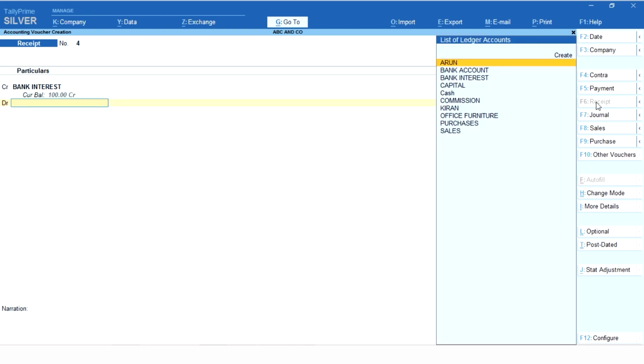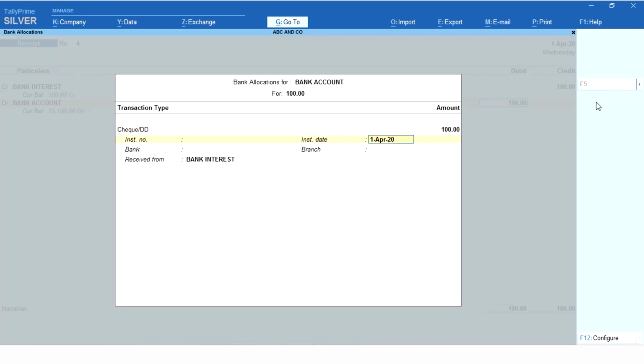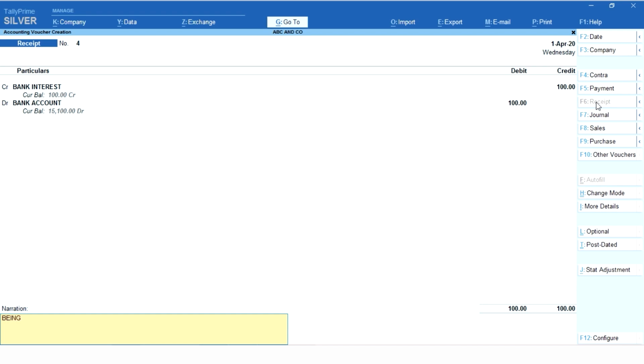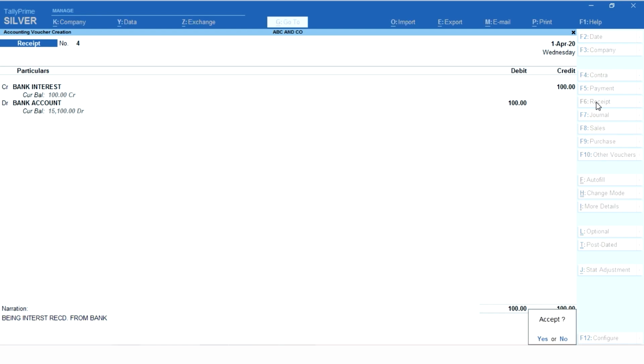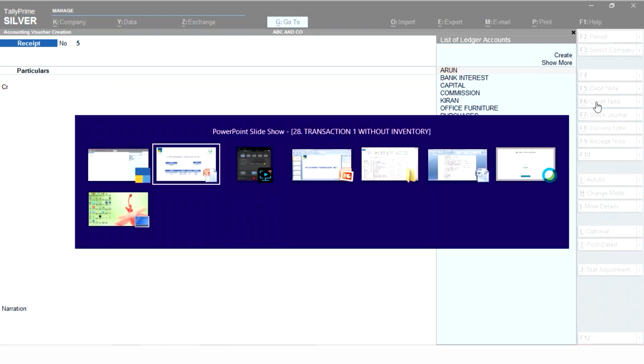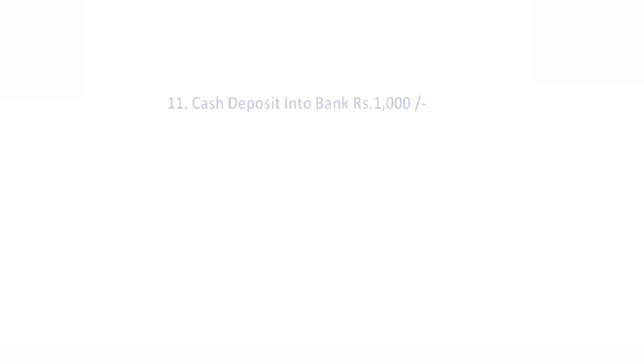And we debit bank account, and we'll give a narration called being interest received from bank, and we'll accept it. So we go with the next transaction,